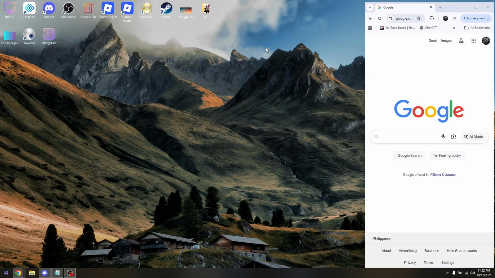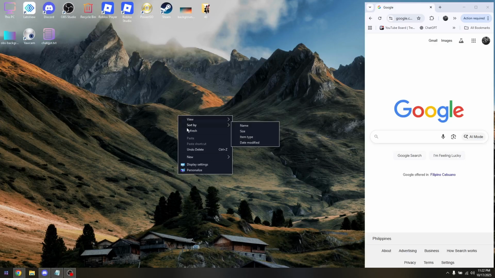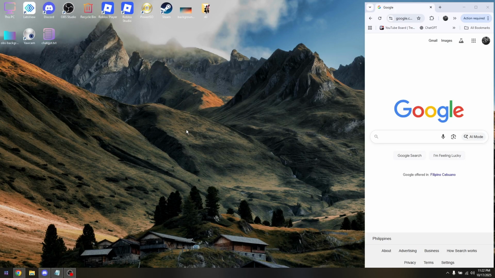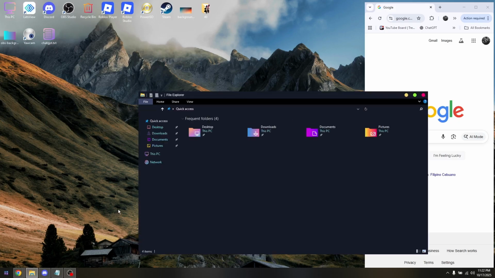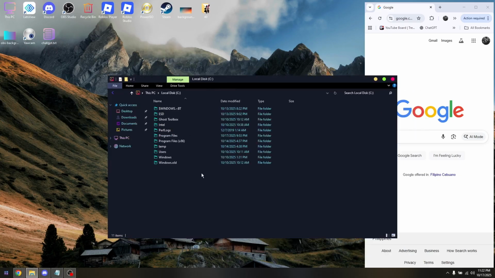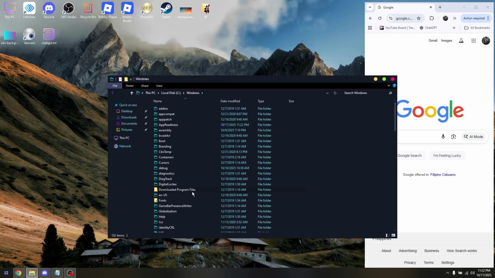How to fix Windows 11 update error or update retry again. Now, all you have to do at first is just to clear all the necessary data files and cookies or cache once you've attempted and failed. Just simply go into your file manager, go to This PC, go to your local disk, Windows, and then from